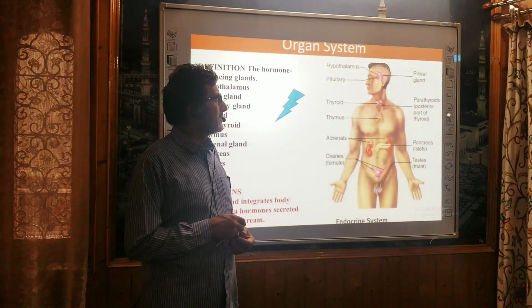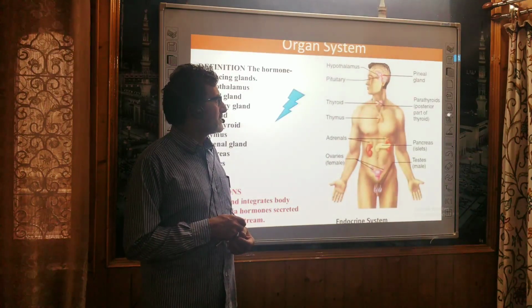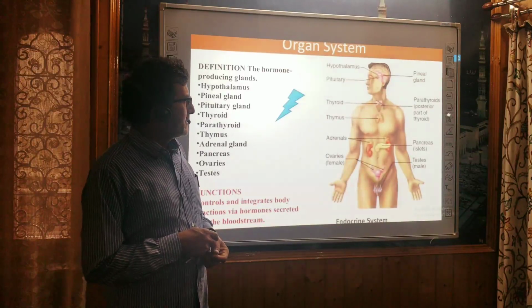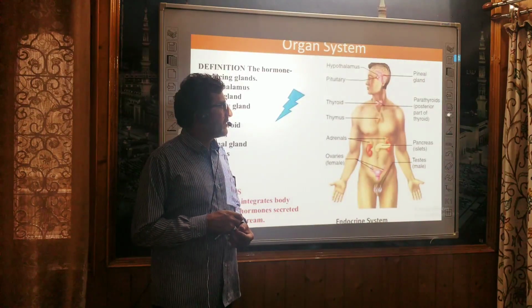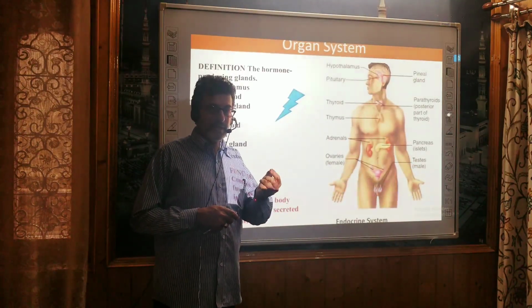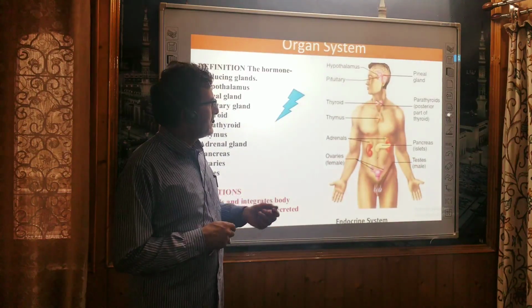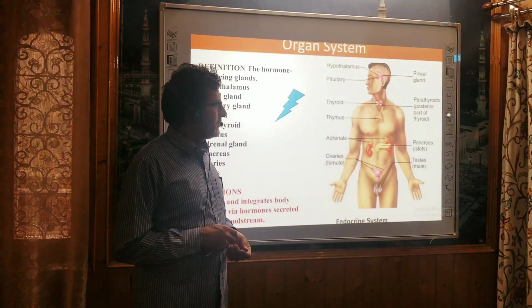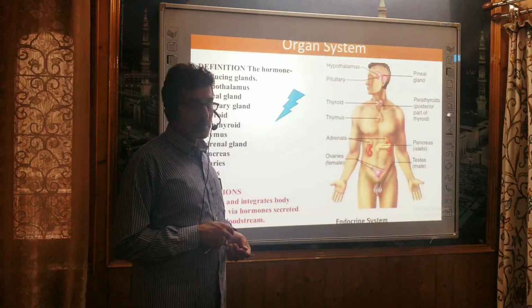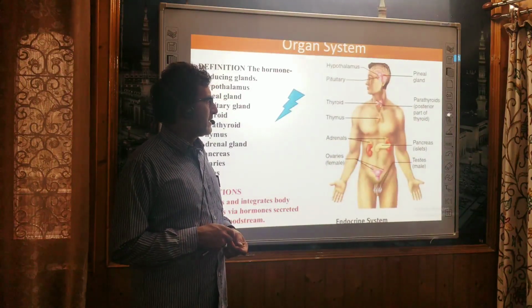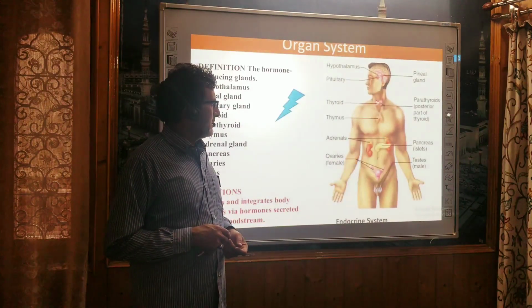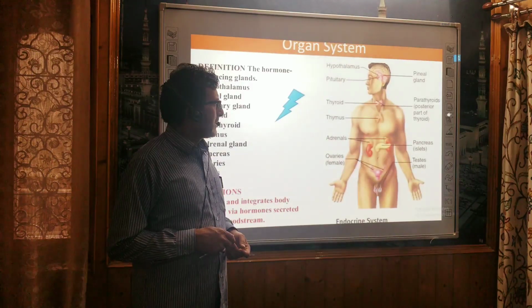It has neural structure. This is a small gland called the pineal gland. This hypothalamus is attached to this pituitary gland, which secretes different types of hormones. It is a pea-shaped gland having 5 grams weight, and secretes a number of hormones. Then here is the largest endocrine gland, we call it thyroid, which gives thyroxine, which helps us in different metabolic functions. Below this thyroid gland is a small gland called parathyroid.